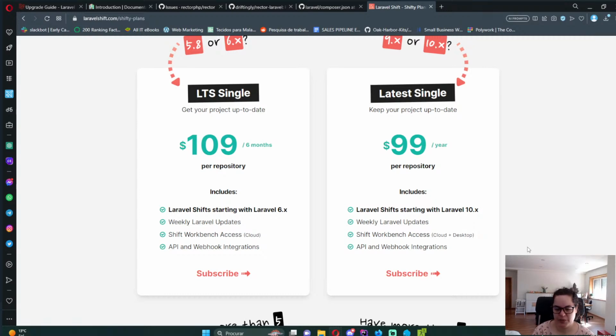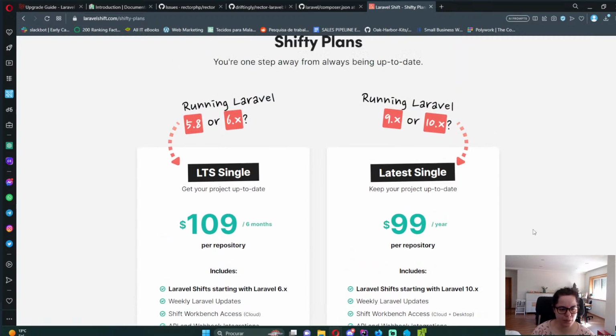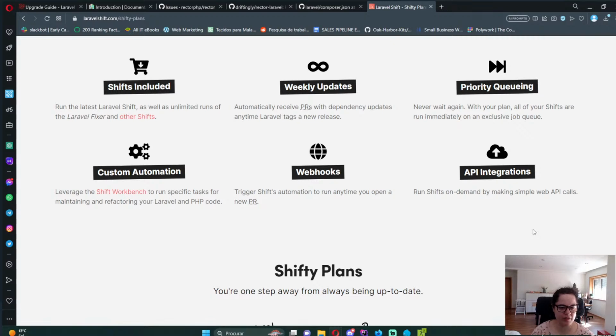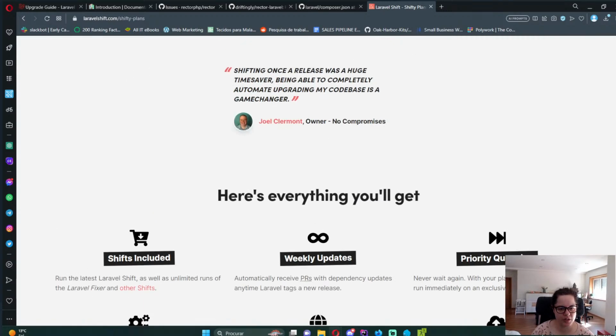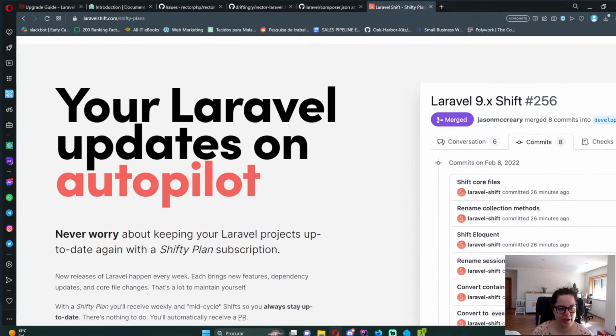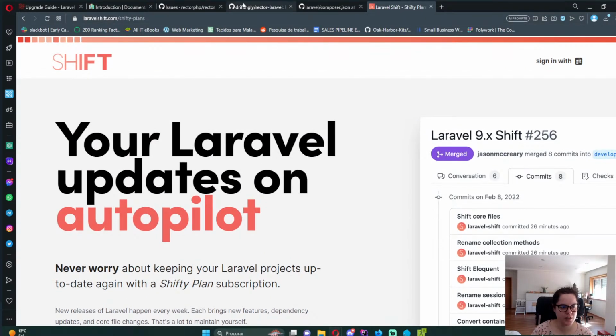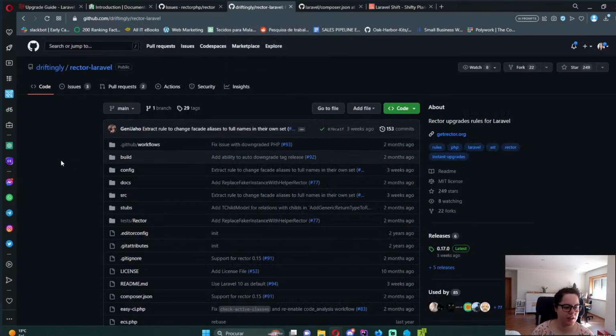Oh, you can pay a fixed price. I think that when I first saw Shift, you paid a fixed price to upgrade your project. That's what I had in my mind. Rector does have a plugin for Laravel. Yes,